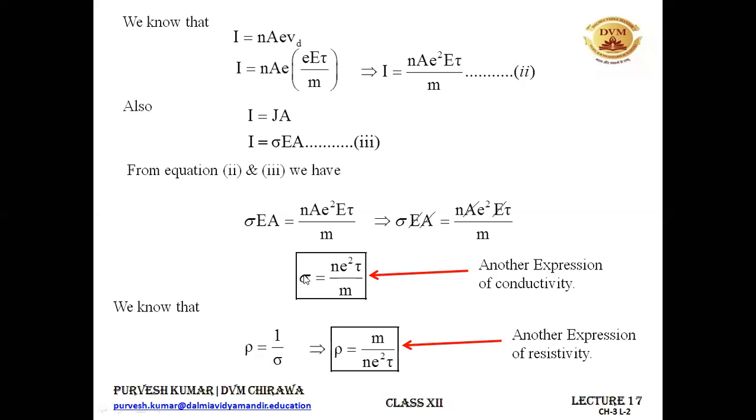We will be having a lot of reasoning questions that will be based on these two formulae. You have to remember these formulae in order to explain those reasoning questions that we will be seeing. So please remember these two formulae, and now you can understand why the resistivity and conductivity are not dependent on the length and the area of cross section. But resistance depends, not the resistivity or the conductivity.